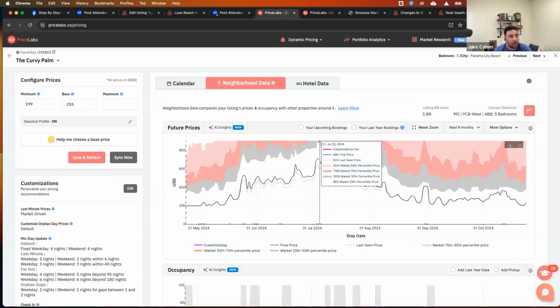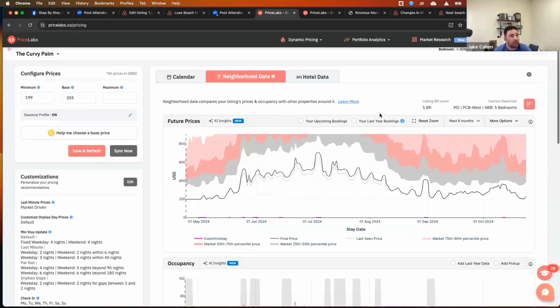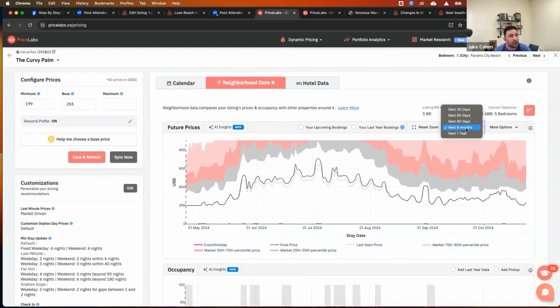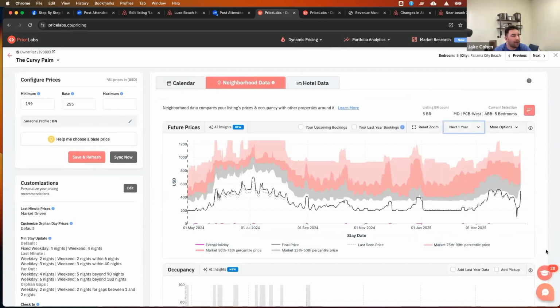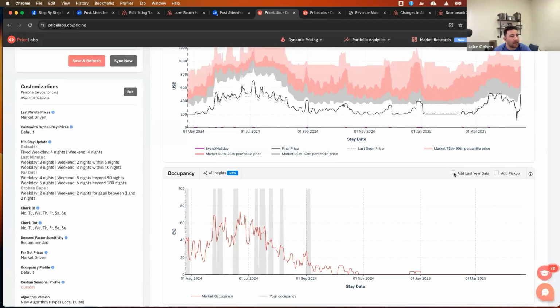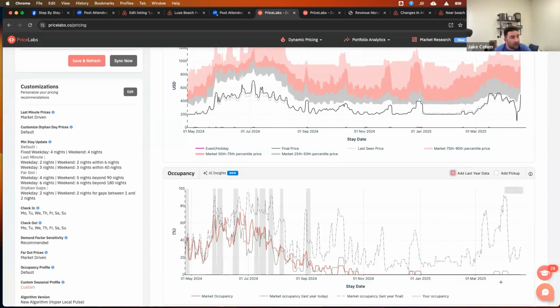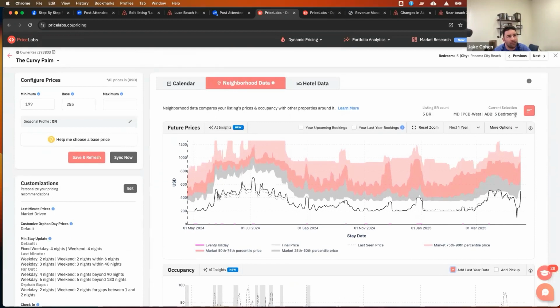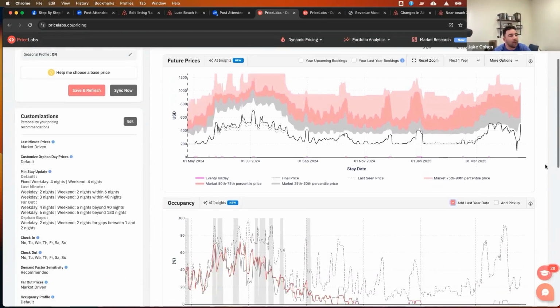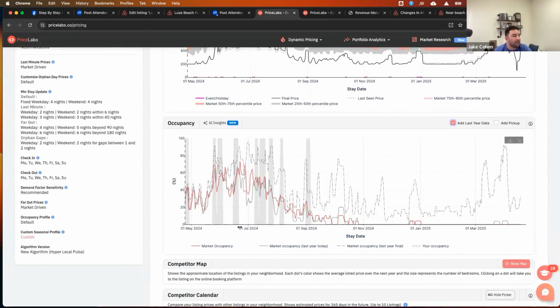Yeah, there's a pretty easy way to determine what that situation looks like. So if we look at a graph like this and we go down here and we say add last year's data, what we are currently looking at is all 5 bedrooms in this market. So if we look at this graph, say we're coming up to this weekend here, which looks like it's probably the most booked weekend of the year. So last year's occupancy, that's July 4th weekend. So last year's occupancy for July 4th was